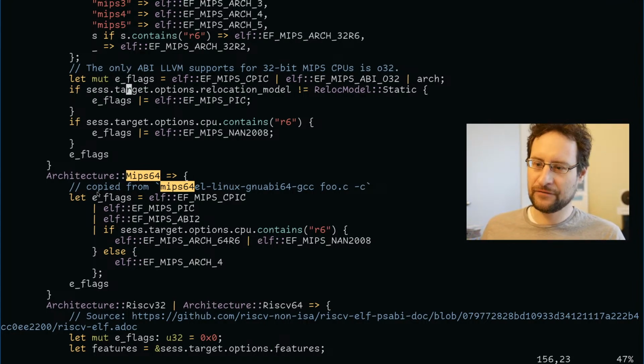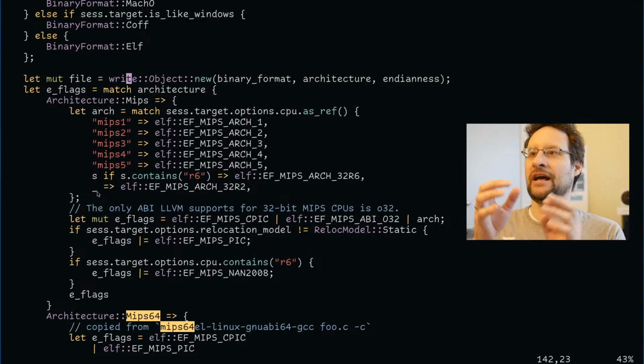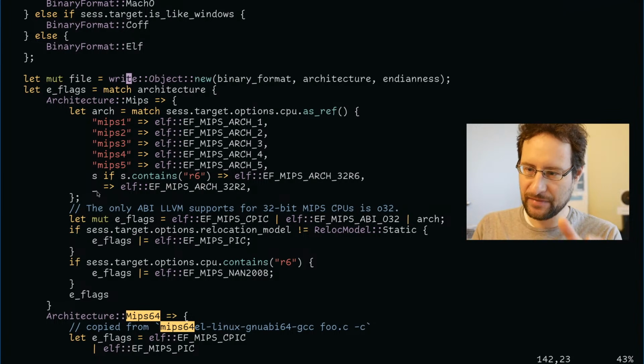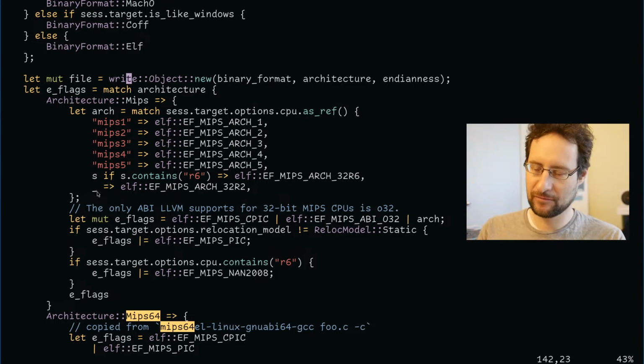I slightly modified this already. This is not yet fully working. Also for MIPS 32, it's slightly more. I mean, in general, I wouldn't say that this code is the most amazing, beautiful and amazingly written, but the Rust people will probably disagree.